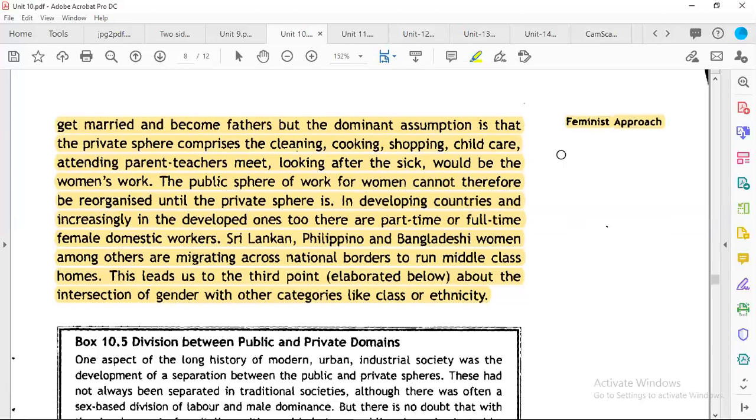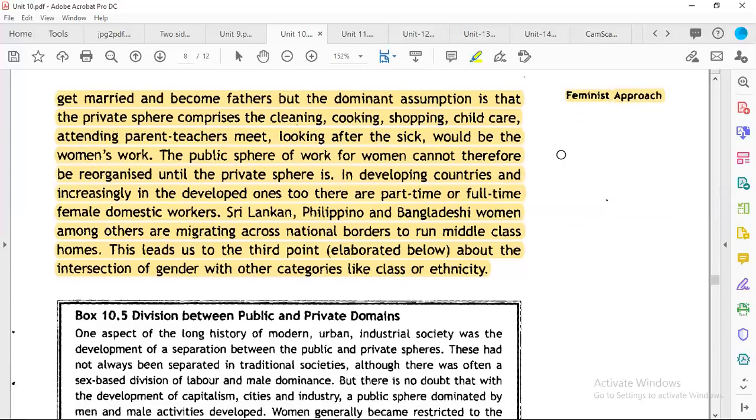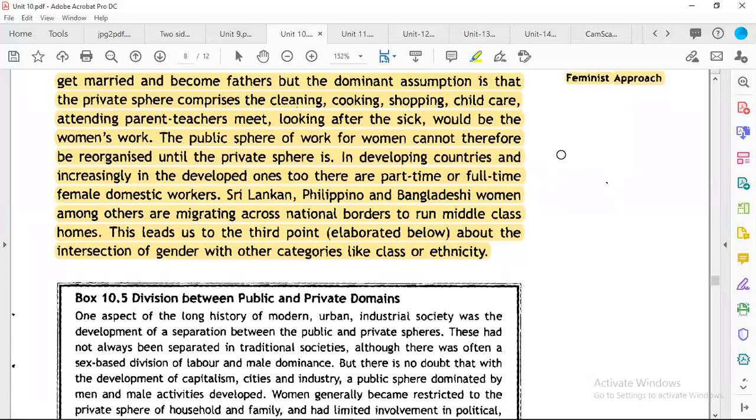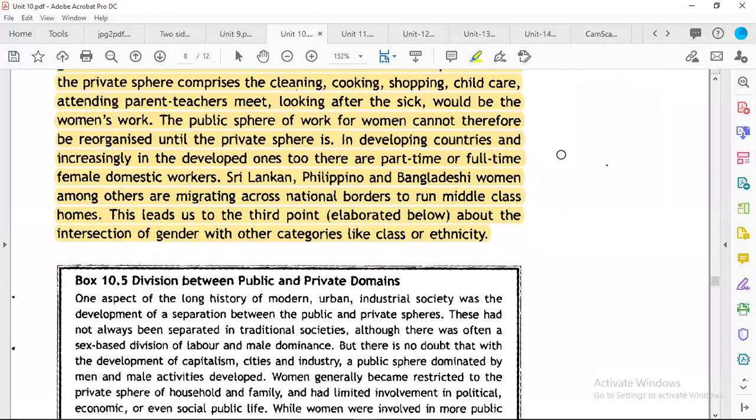The public sphere of work for women cannot be recognized until the private sphere is. In developing countries and increasingly in the developed ones, two spheres are part-time or full-time female domestic workers. Sri Lankan, Filipino, and Bangladeshi women, among others, are migrating across national borders. The urban middle-class family always uses a,